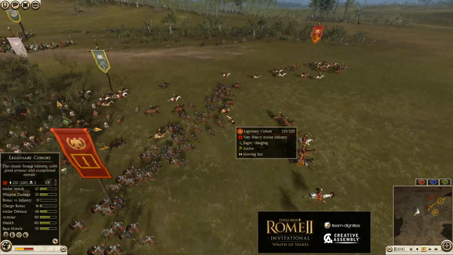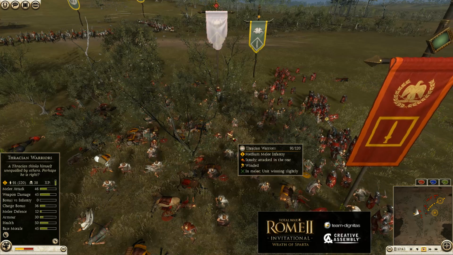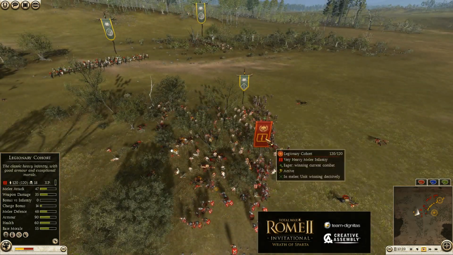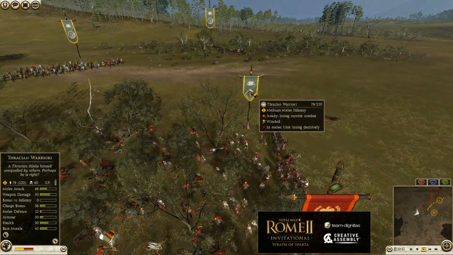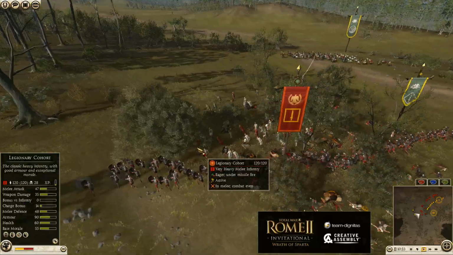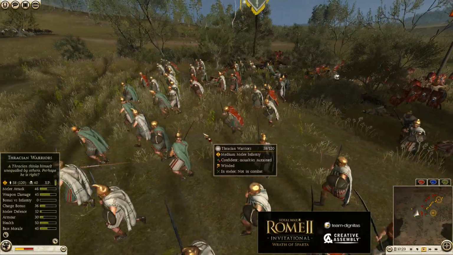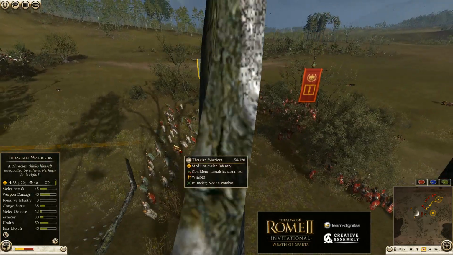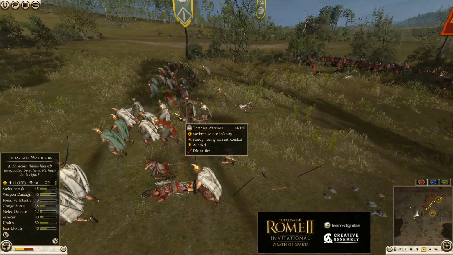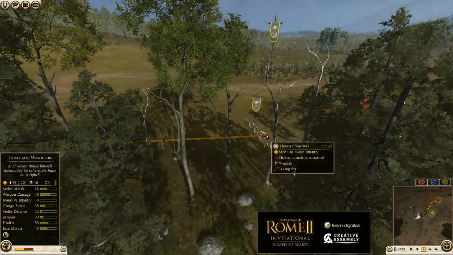But yeah, we have legionary cohorts here. It's gonna be a nice charge by them. They're gonna destroy the Thracian warriors. I think this is how you should be getting rid of Thracian warriors. If you attack them frontally, it's gonna be really good for the unit facing them, because the Thracian warriors are really useful on the flanks against cavalry, for rear charging. And wow, devastating javelins by the legionary cohorts. Really nice stuff here by